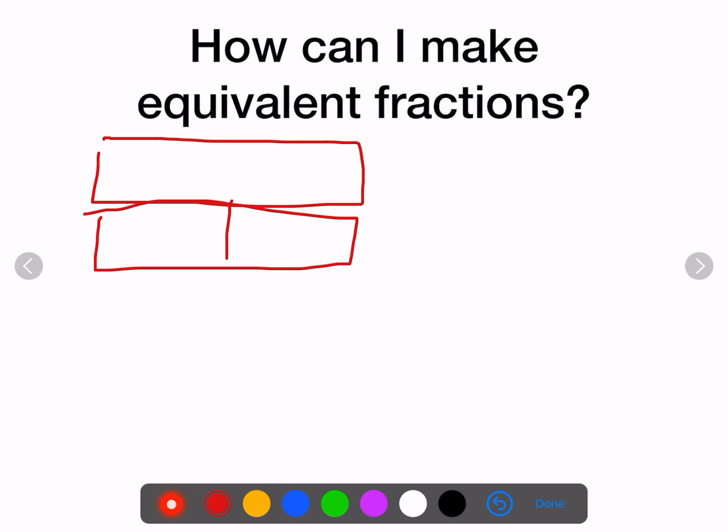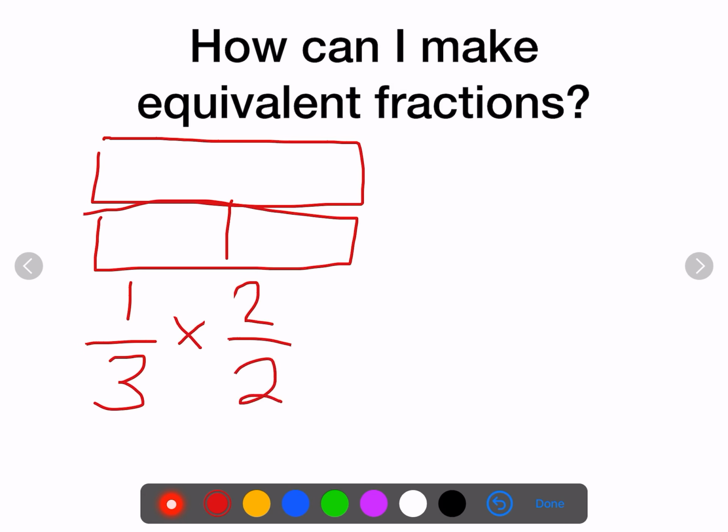One way to make equivalent fractions is by writing out that fraction bar like that, and you can divide it into smaller pieces, and that lets you make equivalent fractions. But if someone gives you a fraction, like maybe 1/3, and you need to find a fraction that's equivalent to 1/3, you need another fraction that shows the same amount as 1/3. The way that you can do that is by multiplying 1/3 by a fraction that is equivalent to 1. So you can multiply it by